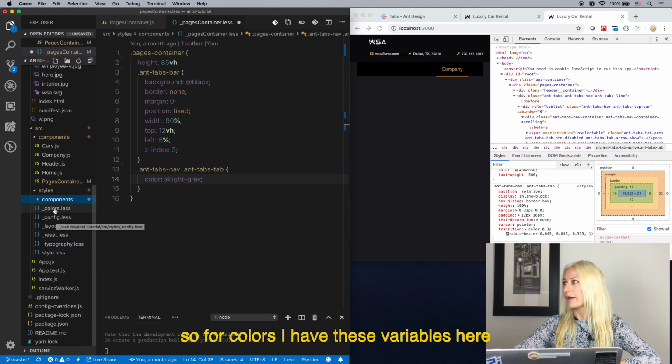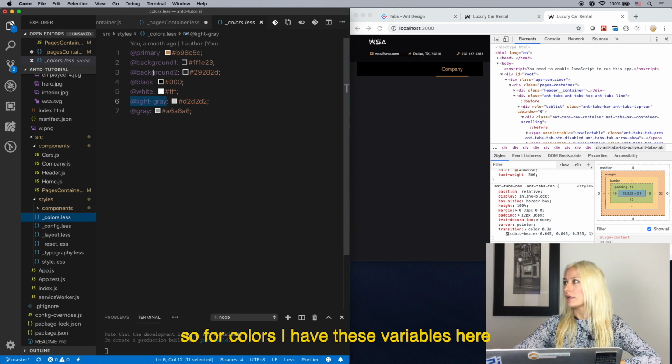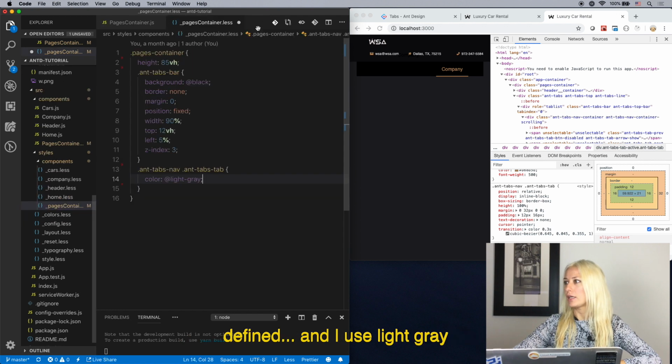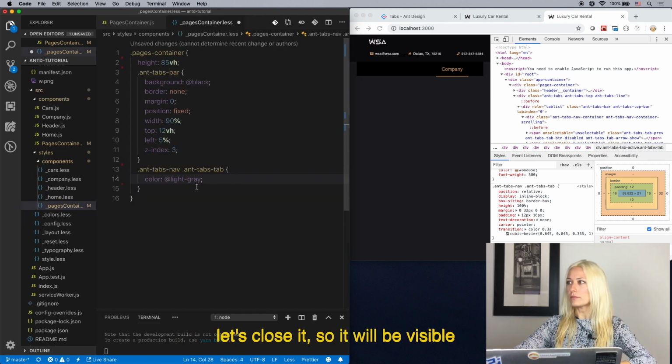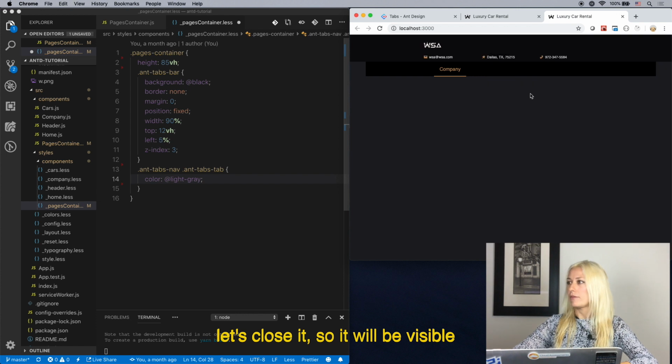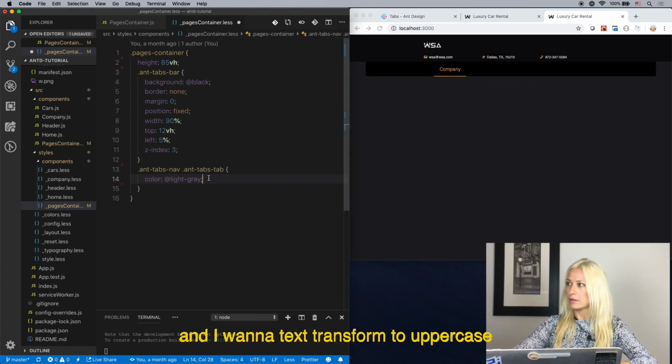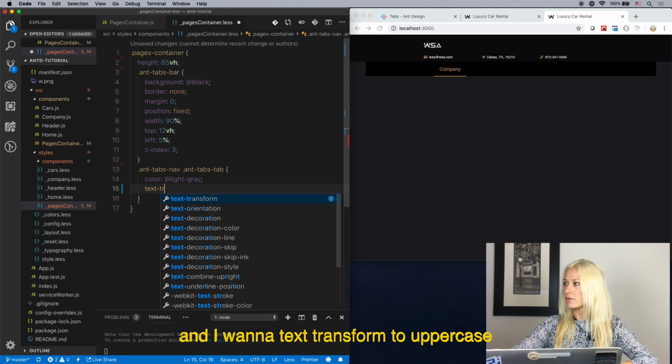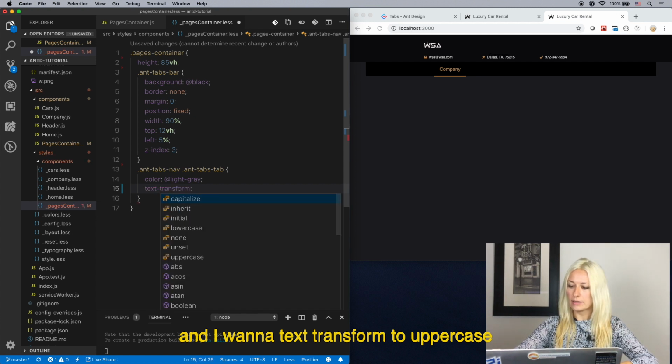So for colors I have these variables here defined, and I use light gray. Let's close it so it will be visible. And I want a text transform to uppercase,